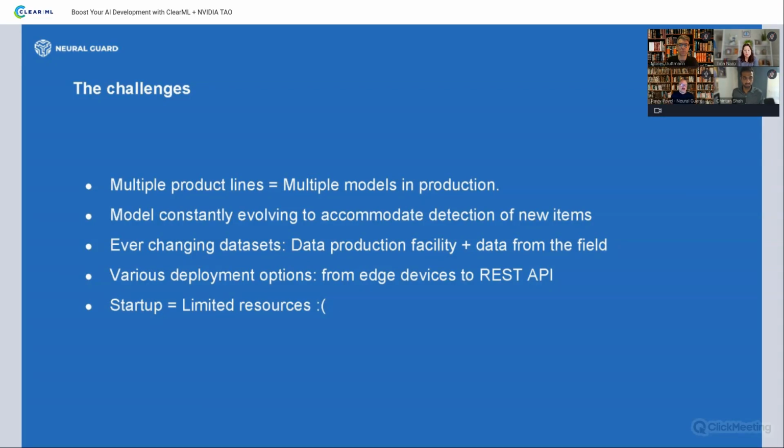The data set is ever changing. We have a data production facility where we have X-ray machines, and we create data daily. And we also have data from the field, which we gather from deployments. So it's not a fixed data set. It's not a library or a folder with images. It's more like the hyper data sets that Moses mentioned, where the metadata about the image is very rich.